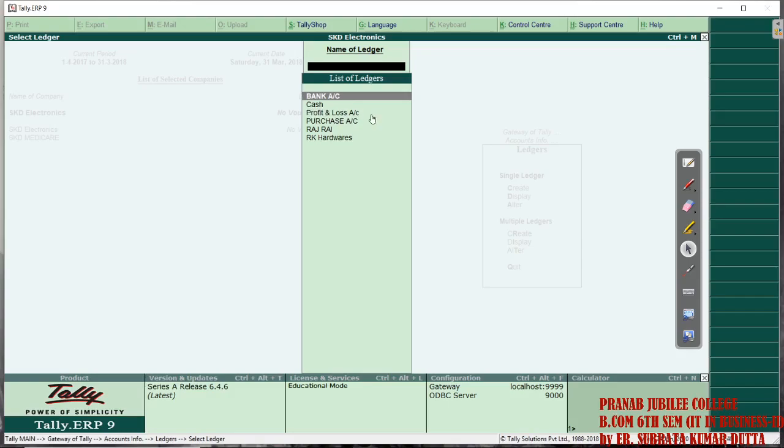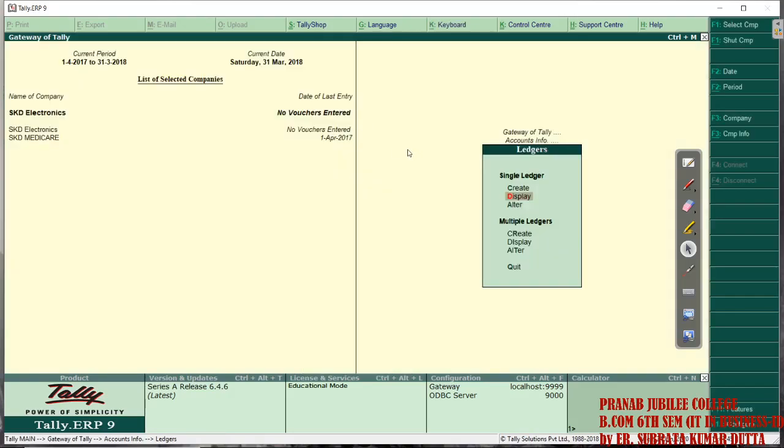Again, let's say I have to create a ledger called expense, and under it I will maintain two more ledgers or accounts, that is rent account and office expenses account. At that time we can directly go to multiple ledgers, which is the option to create multiple ledgers. Under one group we can create different ledgers, so that is multiple ledgers. So we'll go to create in multiple ledgers.